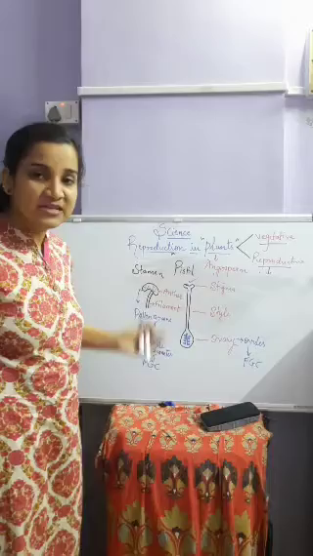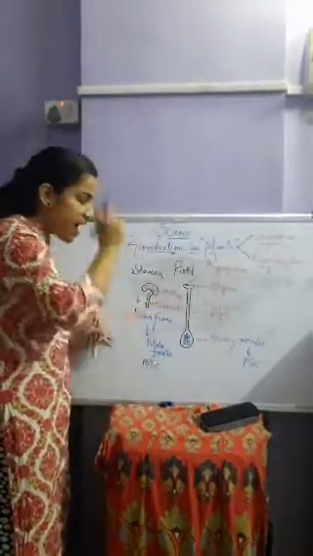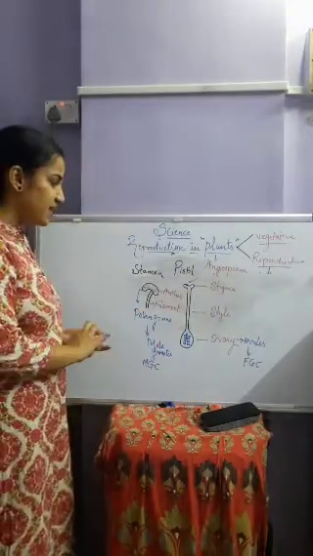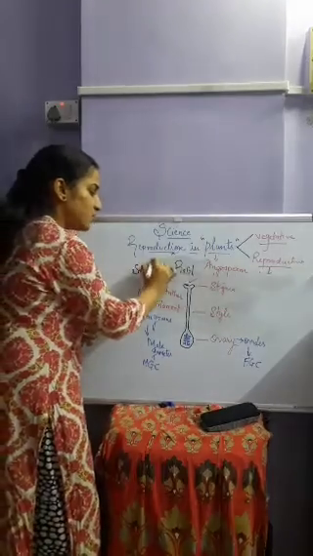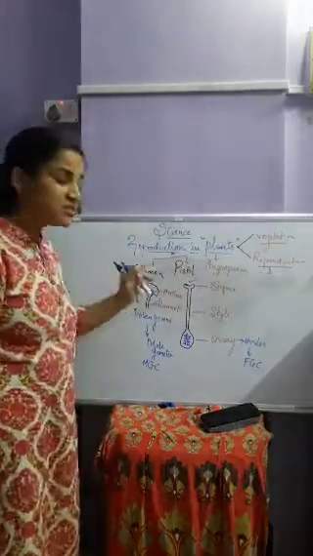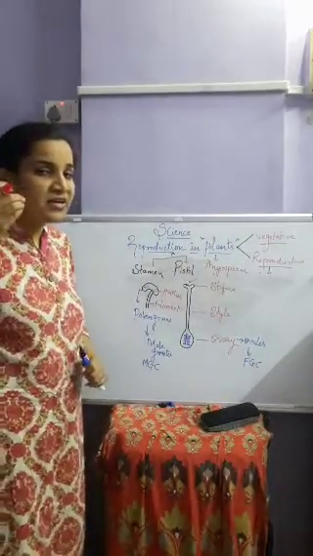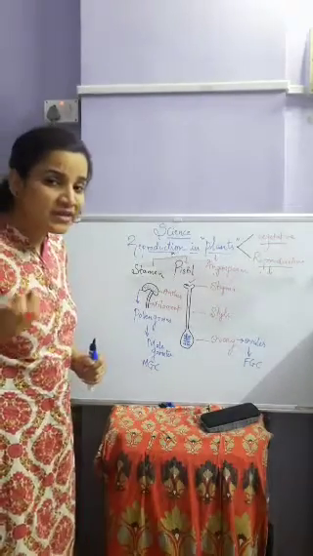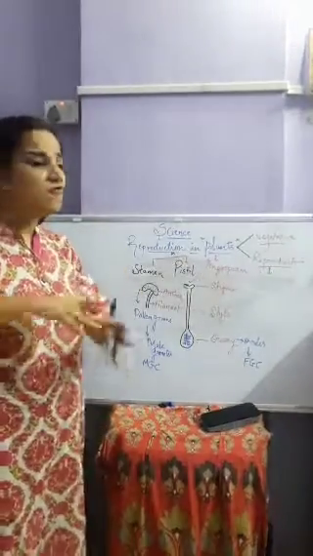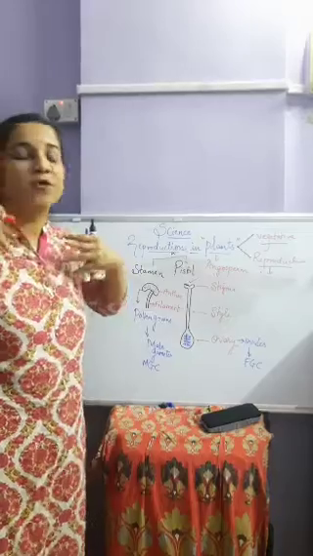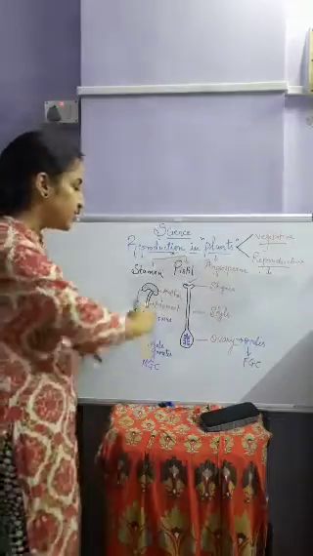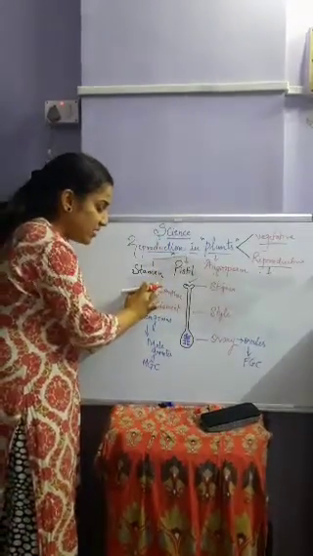Understood? Now what has to be done? This male gamete has to reach till the female part of the flower. That means it has to reach from the stamen to the pistil. How will it reach? Who is going to take this pollen grain? Now pollen grains are very tiny, very lightweight, very delicate structures. So even with the help of wind, water, or insects, this pollen grain is capable of getting transferred from the anther. The anther will break.